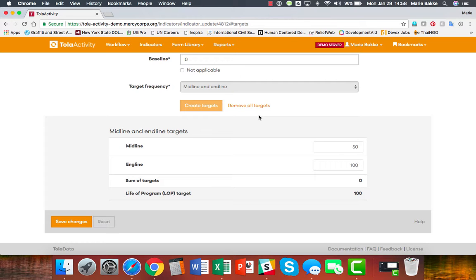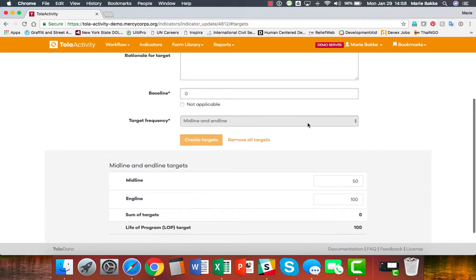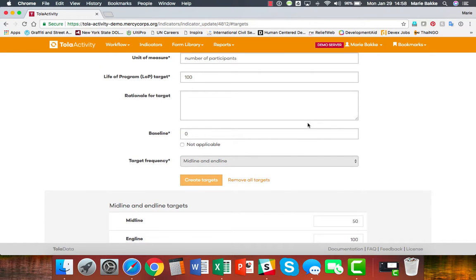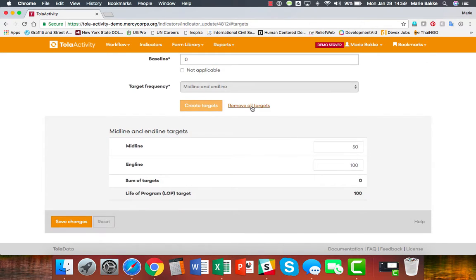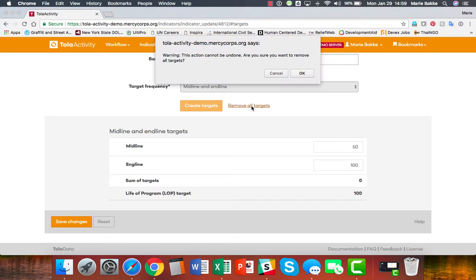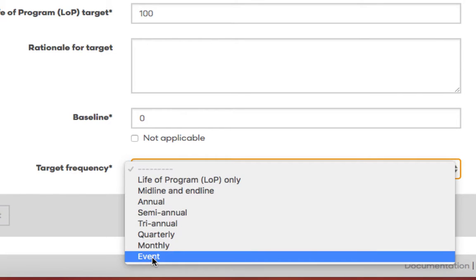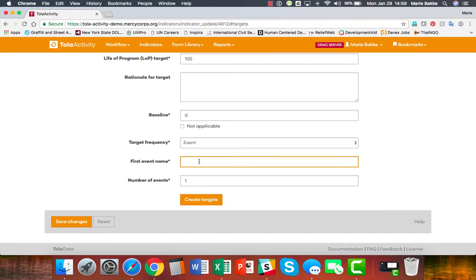What about if I do my trainings on an ad hoc basis and I want to do it by each training event? Let's see what an event looks like. Remove all targets, hit OK. Target frequency, event. First event name will be, let's say it's training 1, or more precisely,